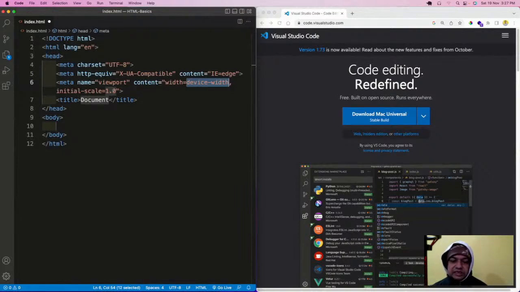So what is an HTML skeleton? HTML skeleton is a skeleton which is required for HTML. This is the cool thing about VS Code, or else I would have to type this whole skeleton by myself, and I don't want to do that. So let us go through the skeleton. In this skeleton, you'll see that the first thing is doctype html. What is this doctype html? Doctype html means it is HTML version 5.